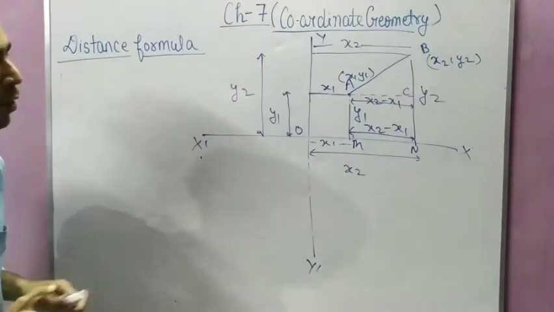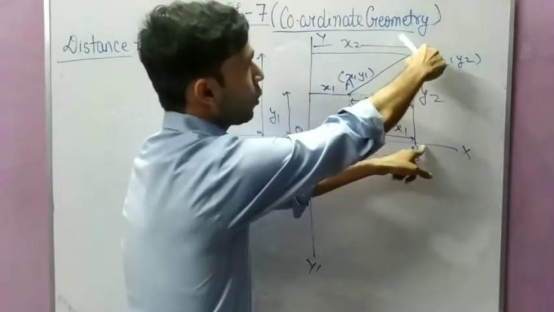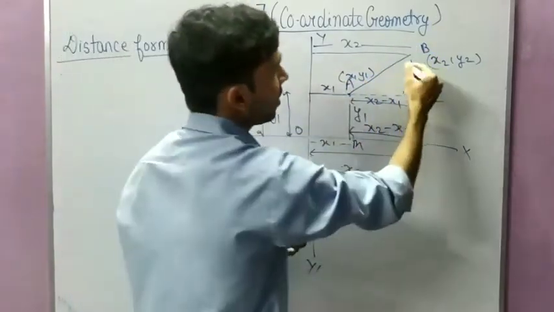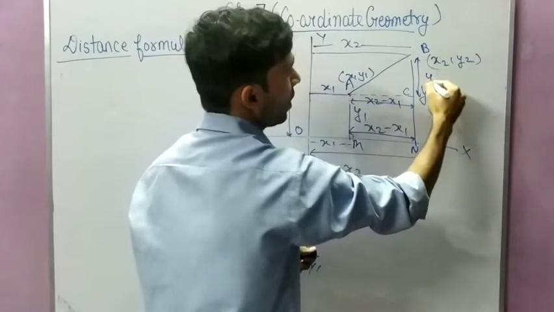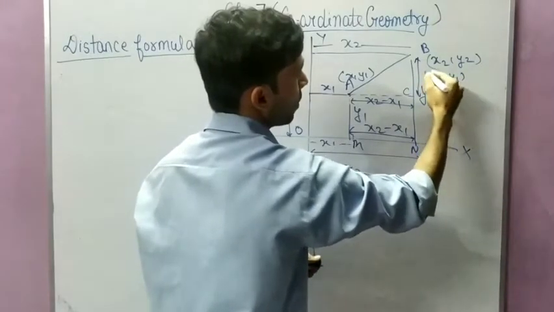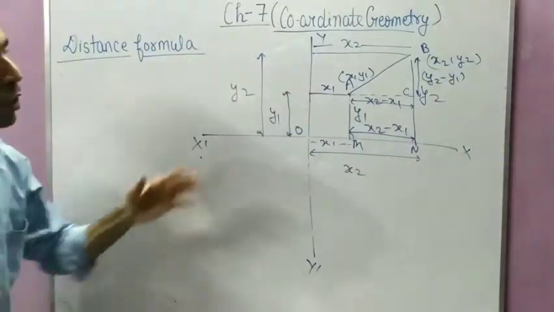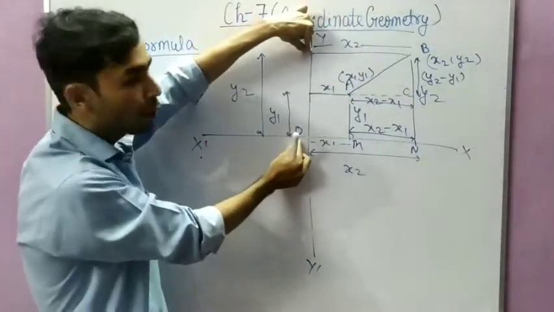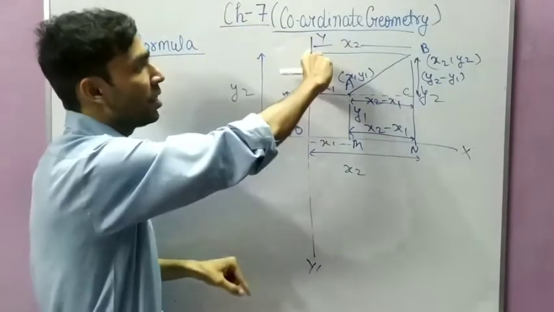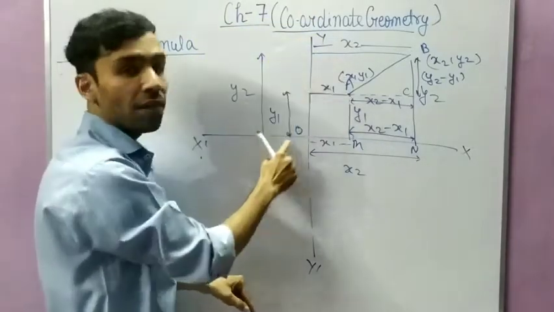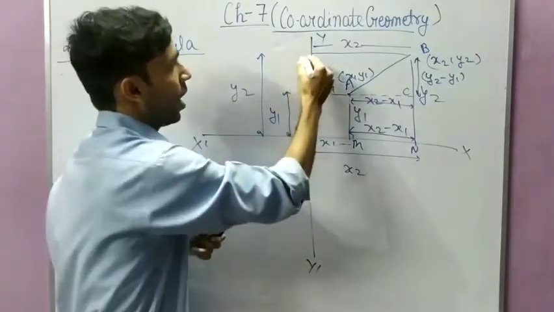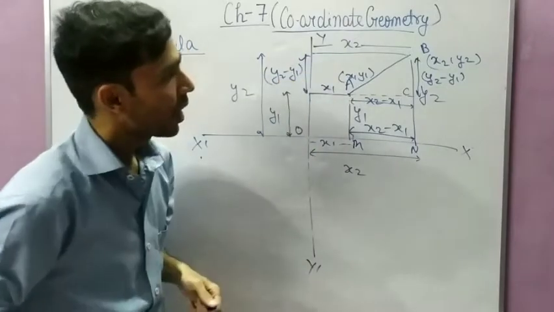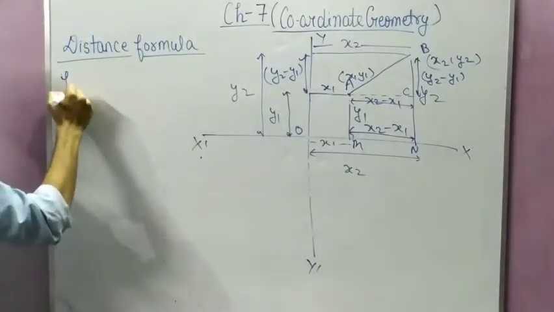Okay. Now again same thing. From here to here what is y2? And from here to here it is y1. So this distance, student, will be y2 minus y1. Okay. Now you can understand the figure. This is y2, from here to here y2, and this is y1. So what will be this distance? The subtraction of y2 and y1. So that distance will be y2 minus y1.